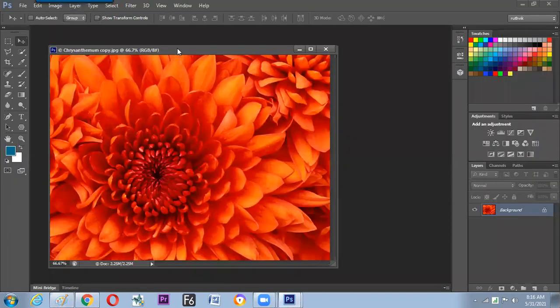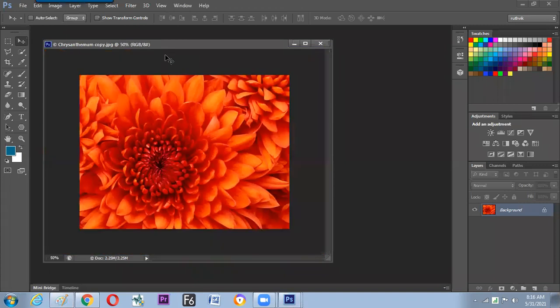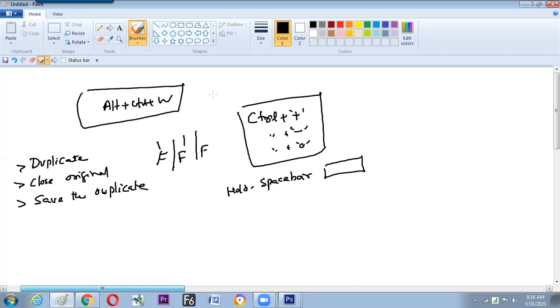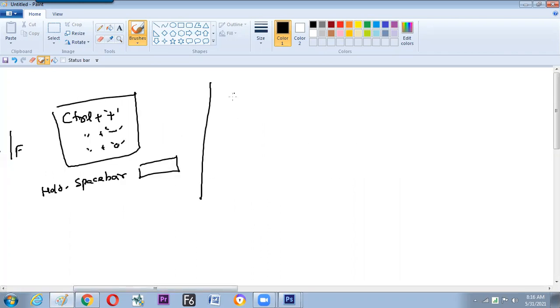Fine, then we'll be starting with the first option, that is called the rectangle marquee tool. Already we have started with this in the last session also, right? Has this tool been started? Not yet. Okay, fine then. So we'll be starting with the first tool. The name of the tool is the rectangle marquee tool.